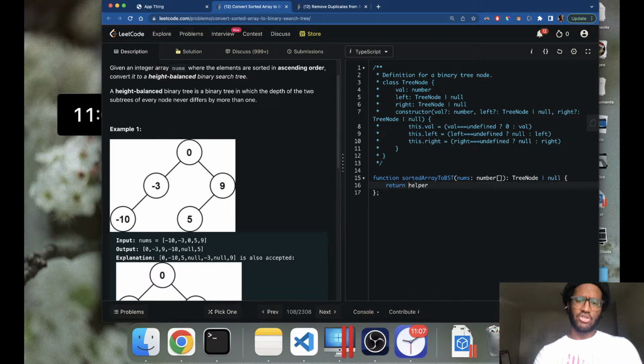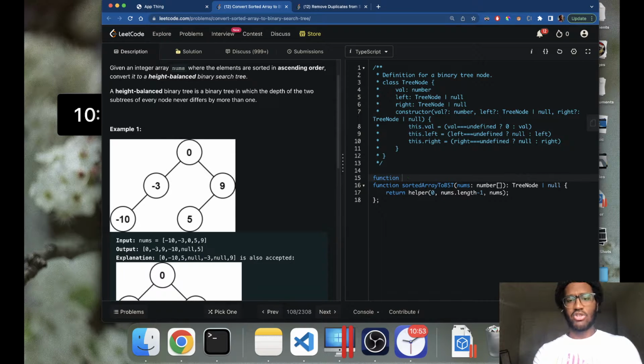So what we can do is call this function helper. I'm going to go from 0 to nums.length - 1. And this is similar to when you do a binary search over an array. And we're going to pass in nums, so you need to keep track of that or have access to it so we can assign values to nodes. And so left is going to be set to number, and right is going to be set to number. And we're going to declare this array, which is going to be a number array. It's going to return either a TreeNode